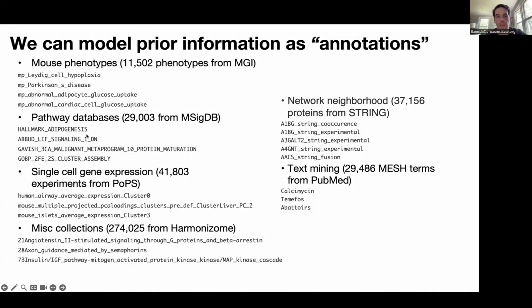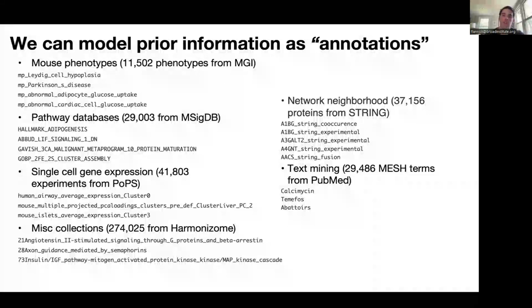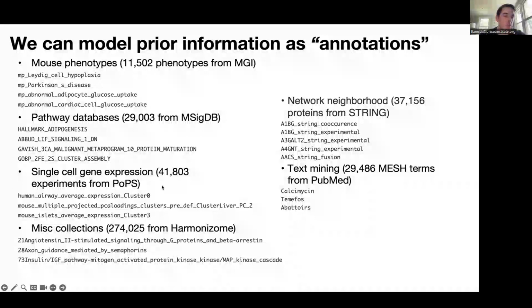So in practice, that's a very sparse matrix if you think of, for each gene, all of the annotations that it has. And then there are other databases that you're probably all familiar with, like MSigDB, which is commonly used in differential expression and gene set enrichment, and is a compendium of all sorts of databases like the Gene Ontology and WikiPathways and all things like that. There is text mining you can get from co-occurrence of genes with various terms in PubMed abstracts. There are network neighborhoods, like all of the binding partners for a gene from databases like STRING. There are gene expression patterns. A tool that I'll talk about in a minute called POPS has aggregated a ton of single cell data and clustered that,